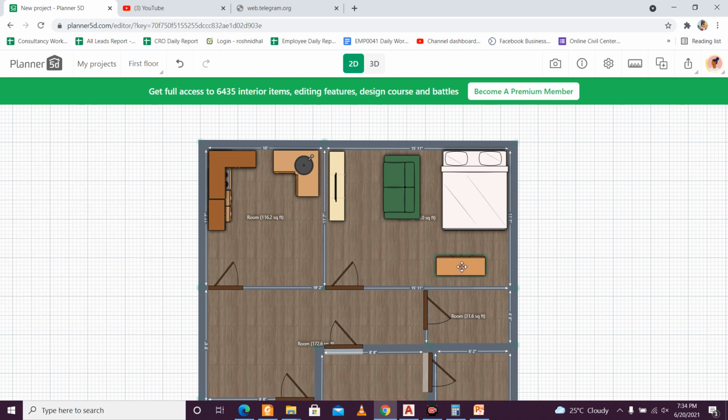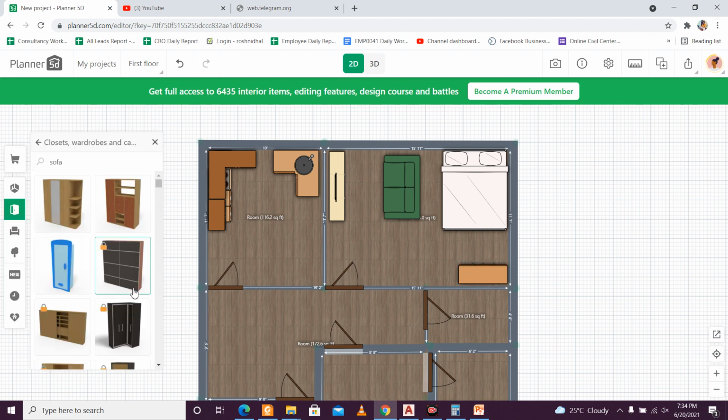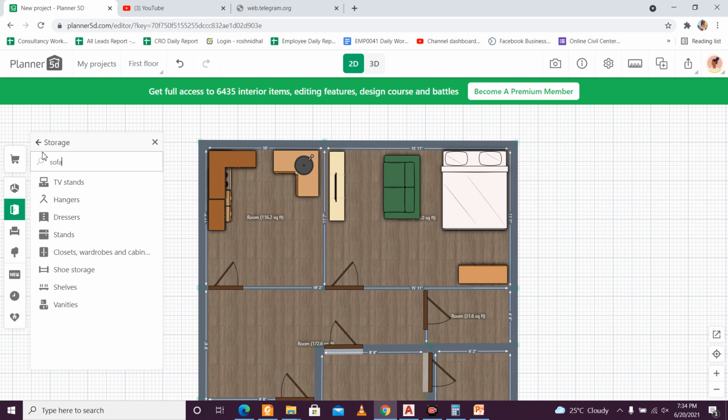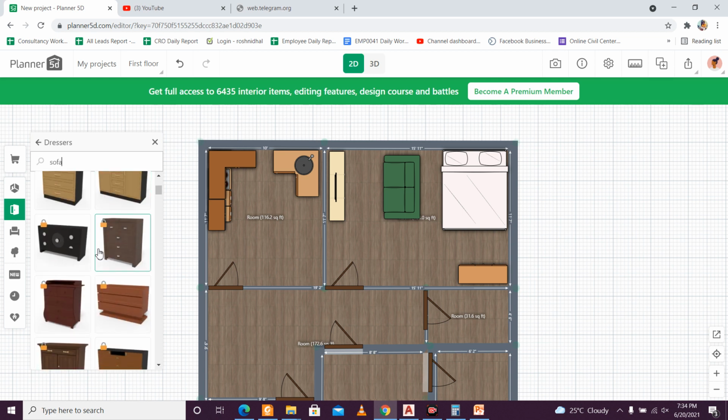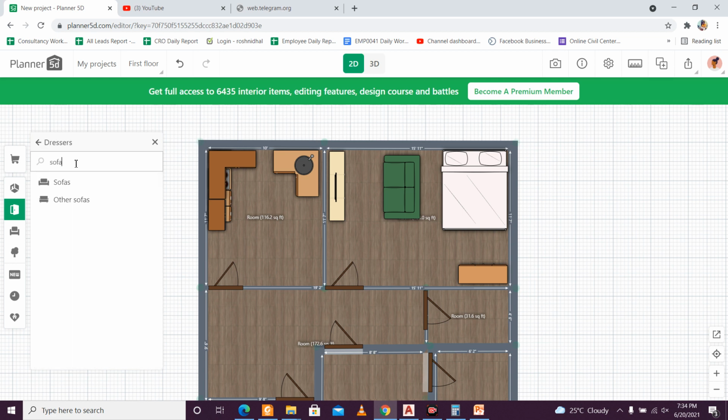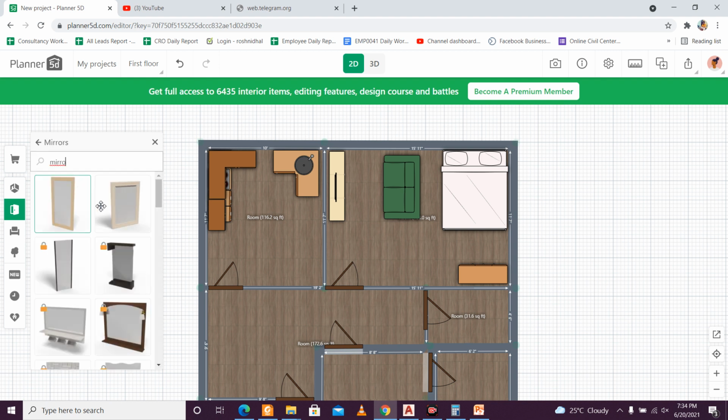And I'll just place it here in front of the bed, and I'll place a dressing table, because as per Vastu, you cannot have the reflection here. Okay, here, mirror. What do we have? Mirrors.